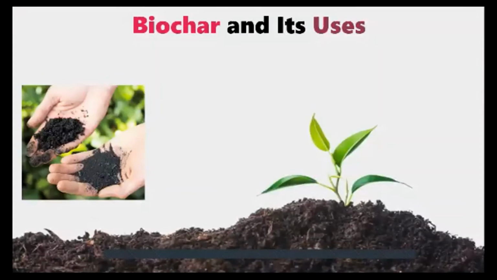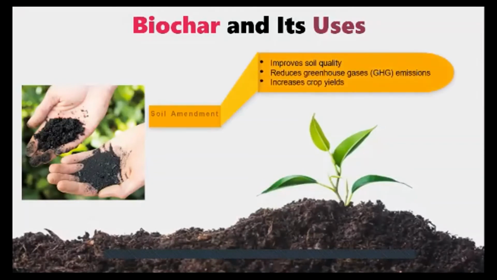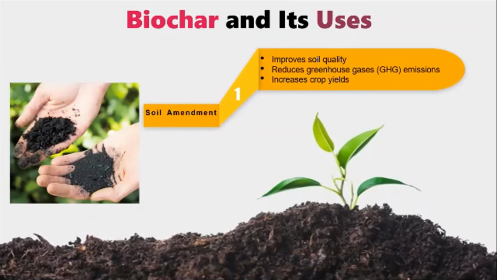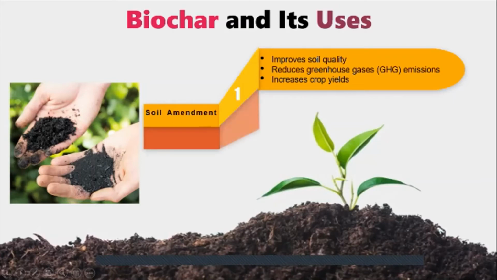So next, I will present on the biochar and its uses. So first, biochar can be used as a soil amendment. Biochar has proven to be an excellent way of introducing and retaining nutrients in the soil, sequestering atmospheric carbon in it and improving its microbial activity. Those effects could result in a reduction of greenhouse gas emissions associated with the extensive use of fertilizer and in improvements of the general soil quality that lead to an increase of the crop yields.